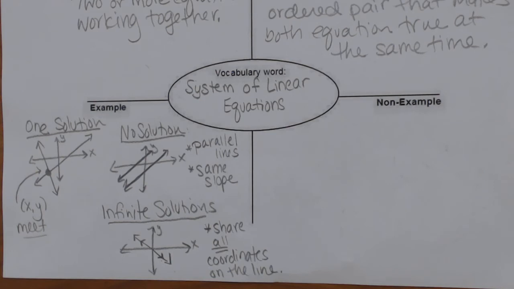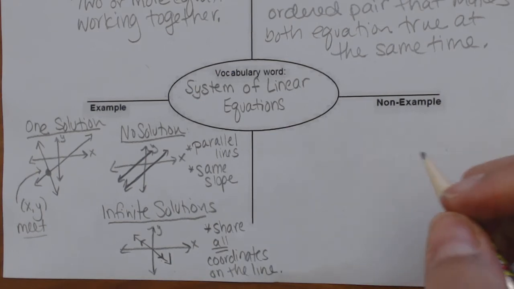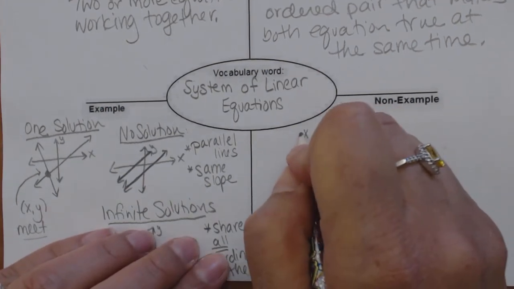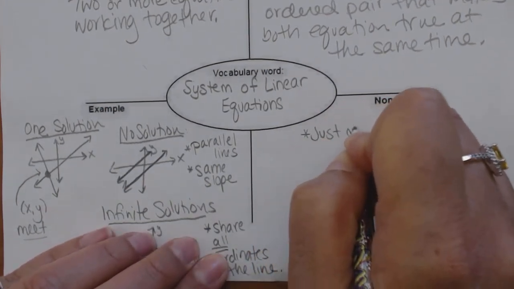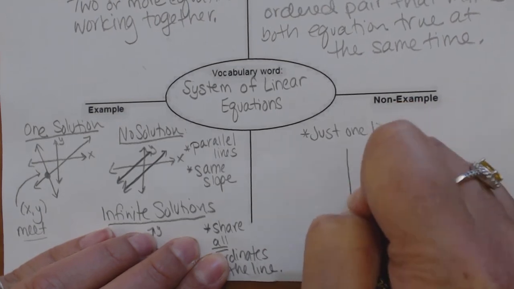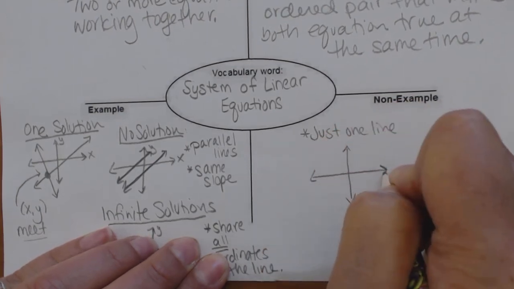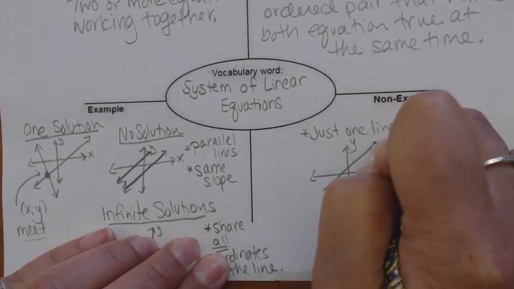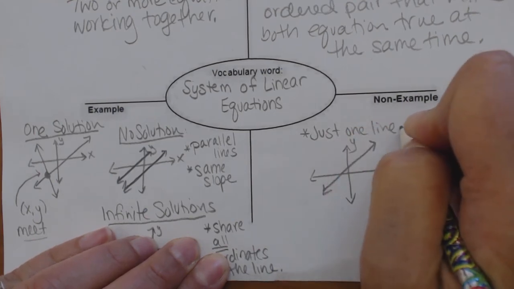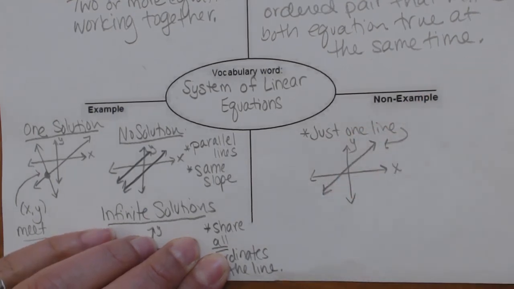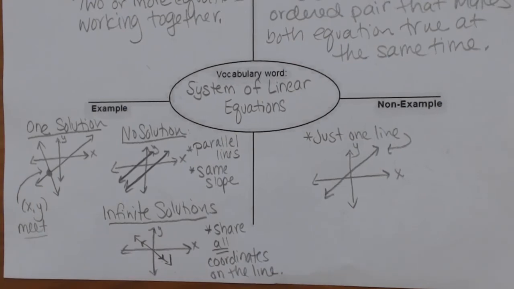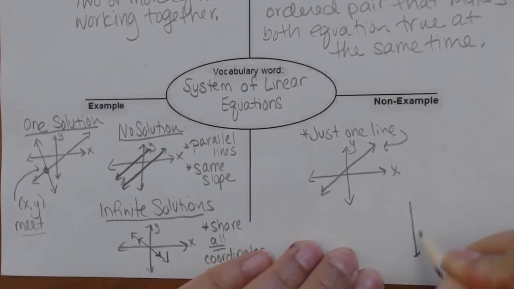Now a non-example is when we would just have one line. Here's our x, here's our y, here's our little lonely line. Just one line there. So this is not a system, because we need more than one. We need two or more, actually. So this is not a system. Another one that's not a system